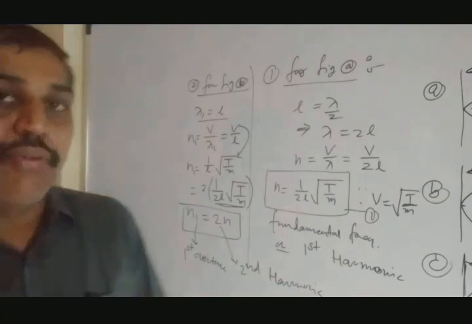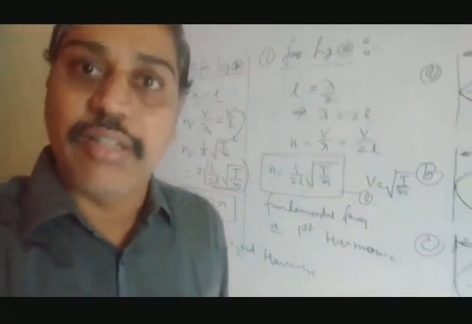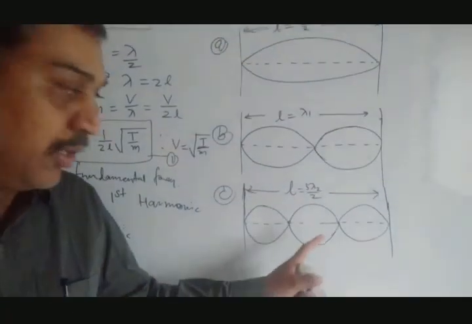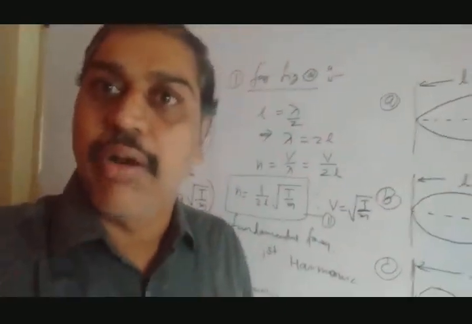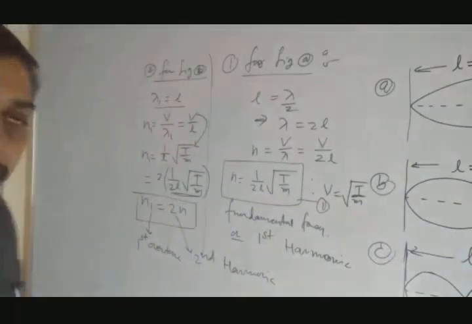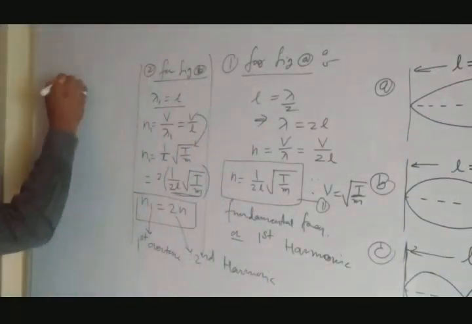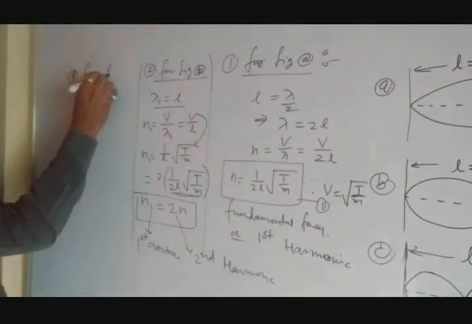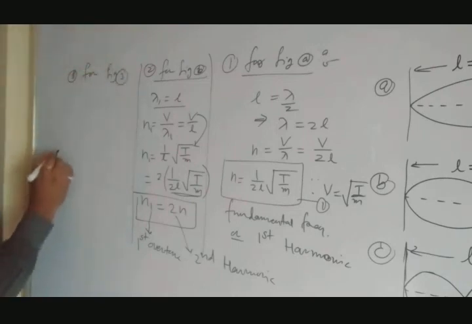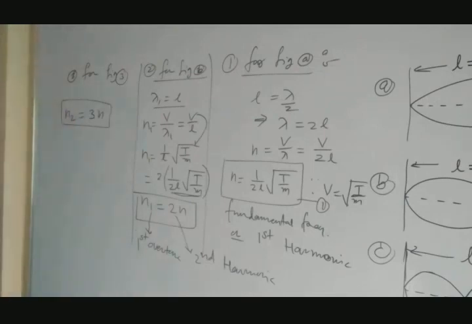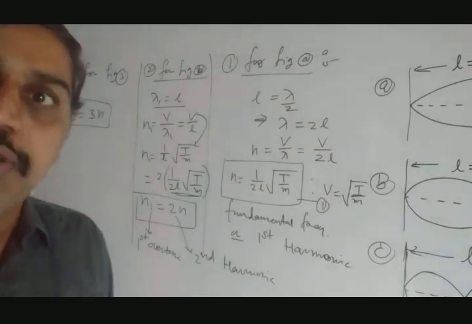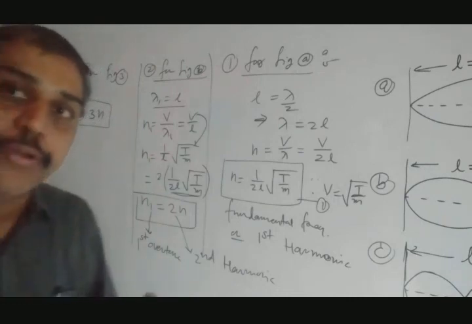Similarly, you can put the value of L for the third case, 3 loops here. L equals thrice lambda by 2. I am not going to draw it. I hope you know well how this equation comes. So what can we write directly for figure 3? N2 equals thrice n, it comes. Final equation I have written. Try to solve it. Definitely you get this. You must be able to solve it now.